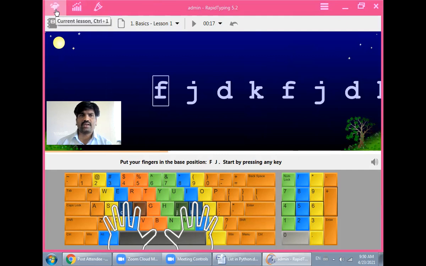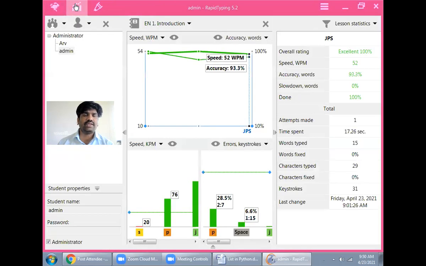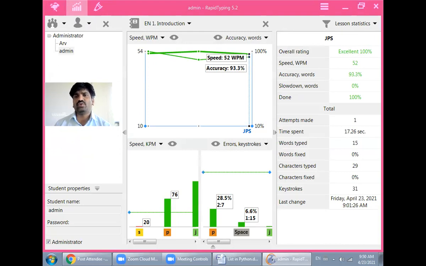Now there are three buttons. The very first button will show you the current lesson. The second button is used to show you the statistics of your result. So this will show you the current and previous lesson typing status.